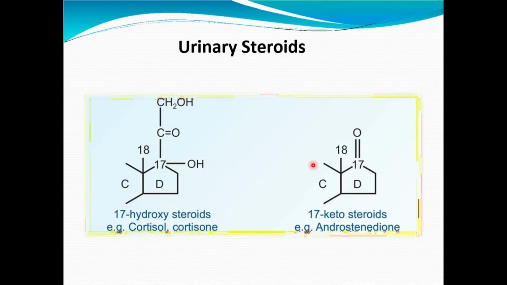These urinary steroid hormones pass through the cell membrane of the target cell, and the steroid hormone binds with a specific receptor present in the cytoplasm. The receptor bound to the steroid hormone, that is the receptor-hormone complex, travels into the nucleus together and binds to another specific receptor which is present in the nucleus on the chromatin.